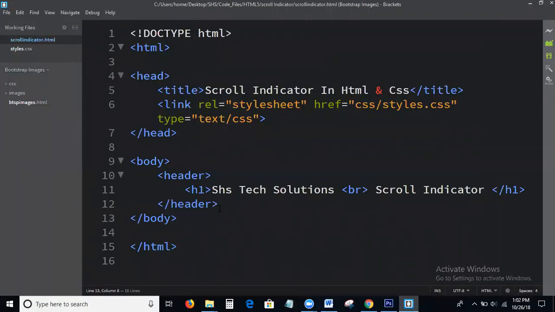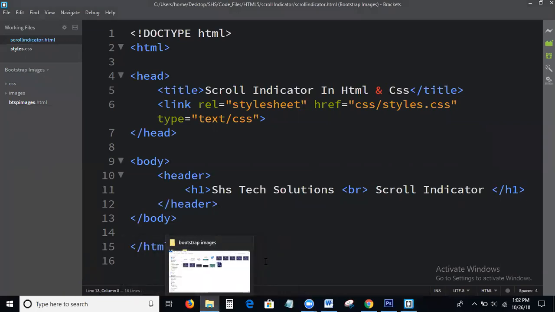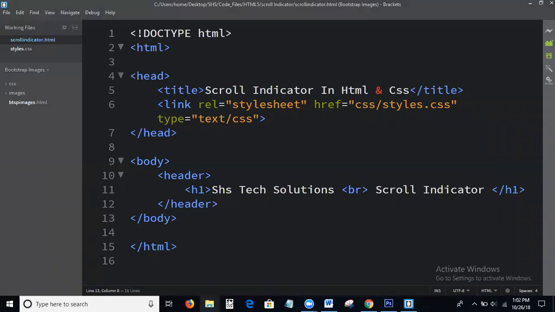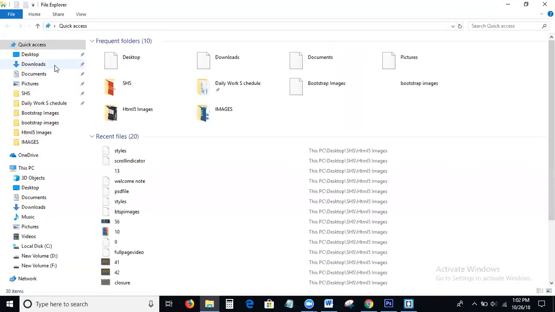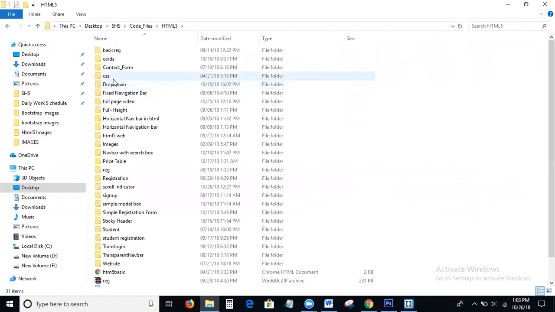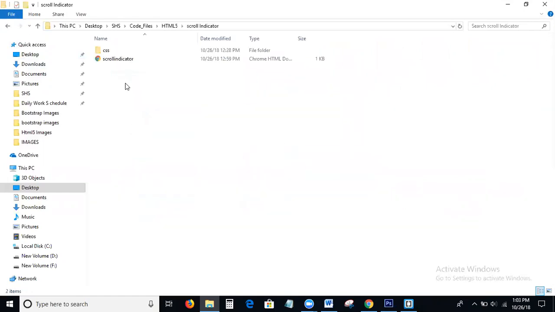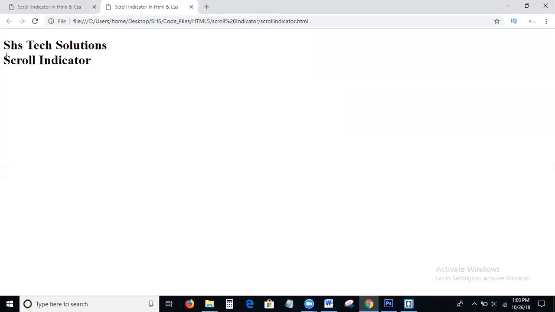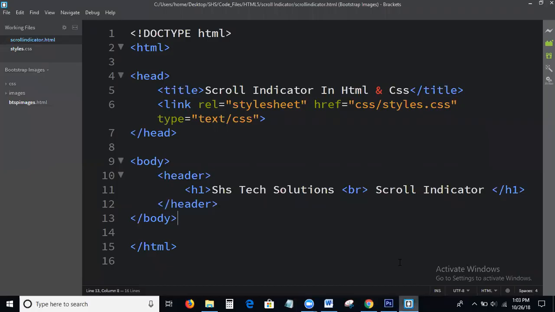This is the basic HTML structure, which all of you know. Once we check the output for this HTML, this is the output for this HTML. Next, I will write the